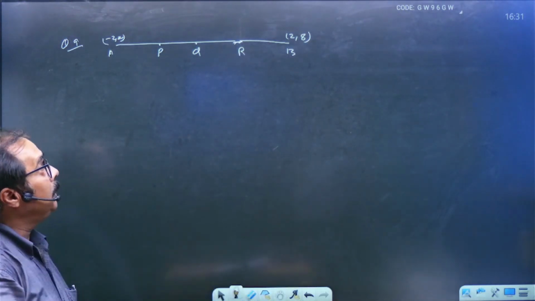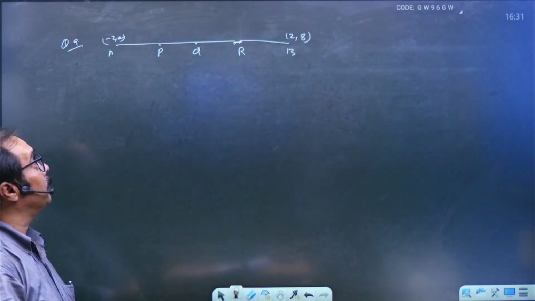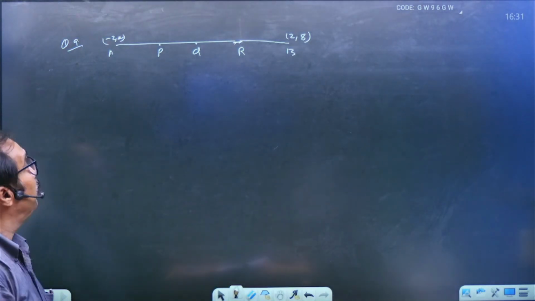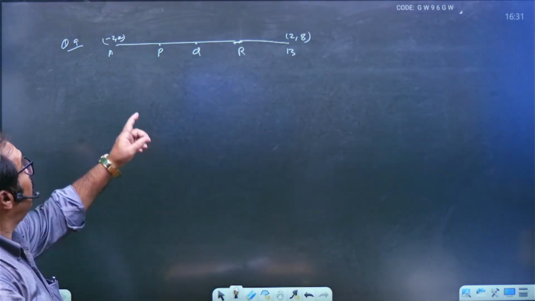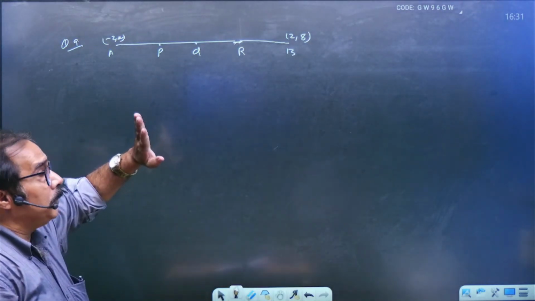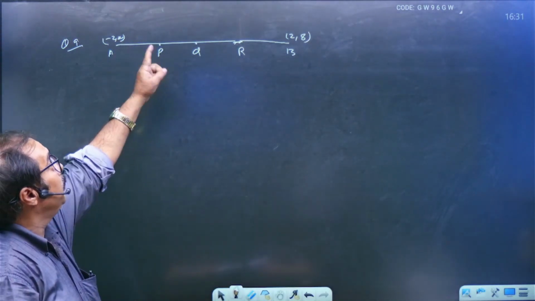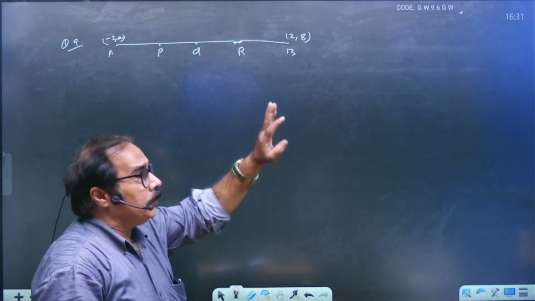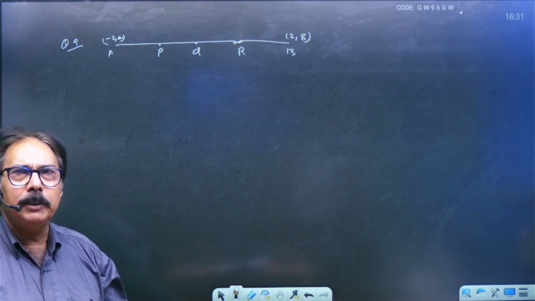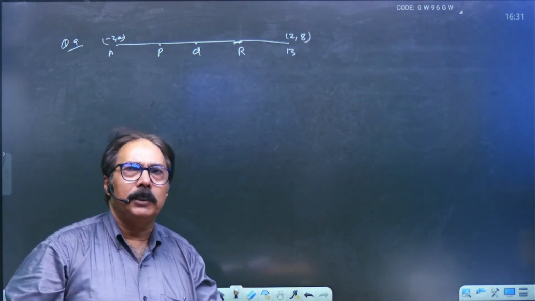So it is divided into 4 equal parts. It means Q is the midpoint of AB. Am I right? And after getting the coordinate of Q, now P will be the midpoint of AQ, and R will be the midpoint of QB. So applying the midpoint formula is too easy in comparison to